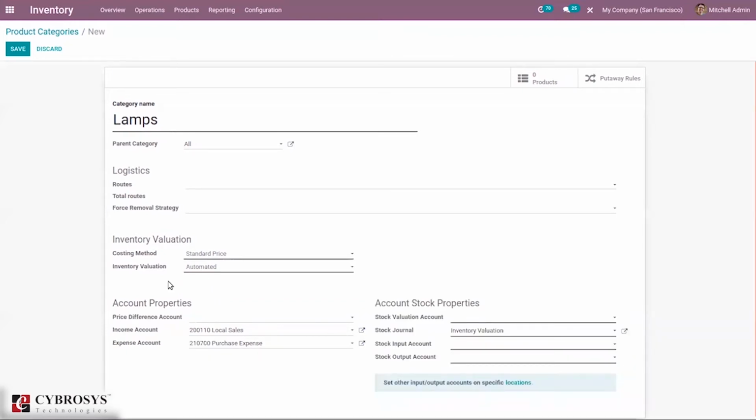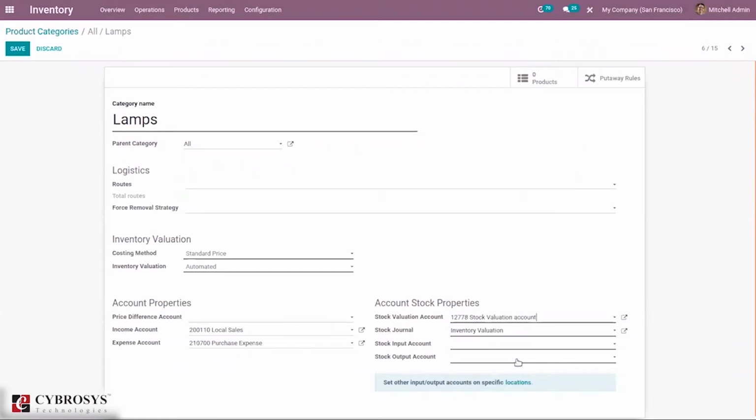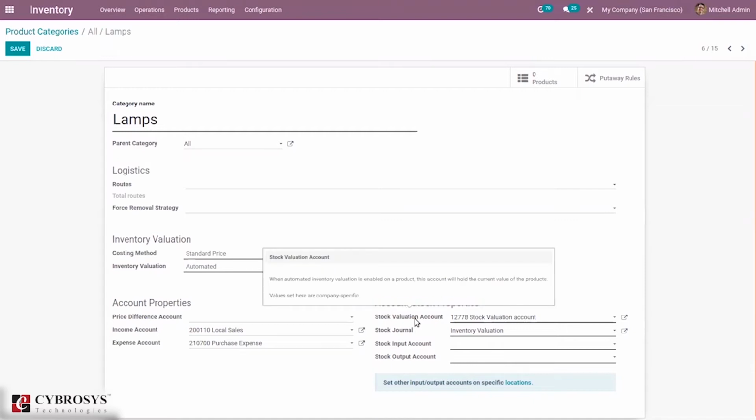So when you set automated, here we can see an additional field, price difference account, which can be set under account properties. You can provide account stock properties here, which includes the stock valuation account. So we can set the stock valuation account. This valuation account is important because when automated inventory valuation is enabled, this account will hold the current value